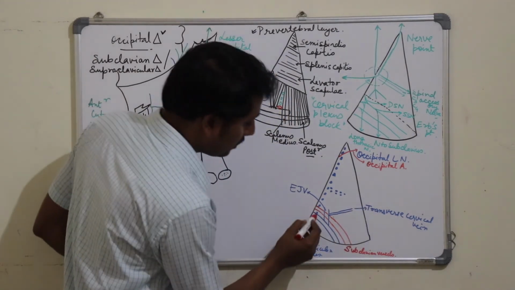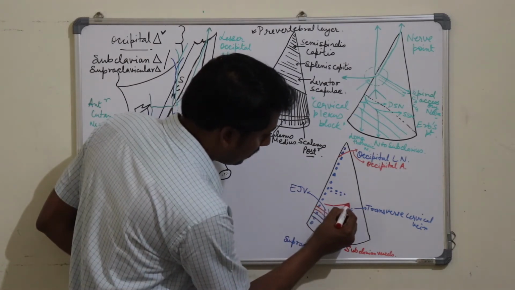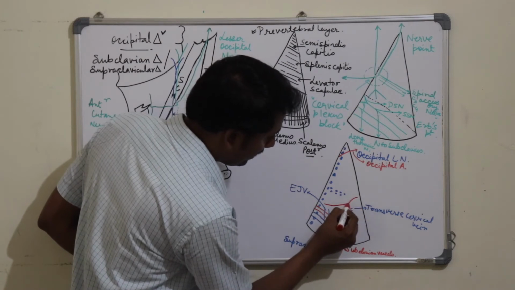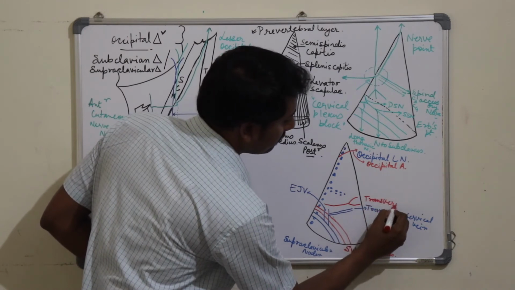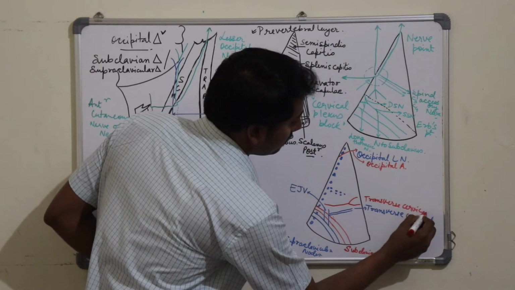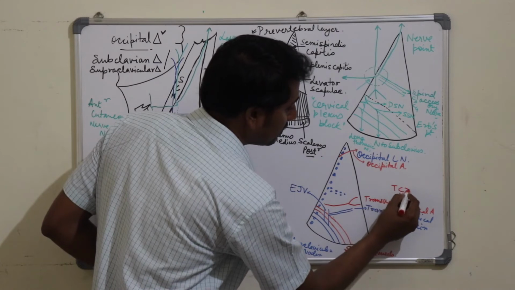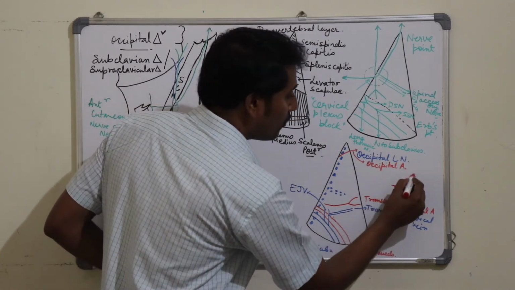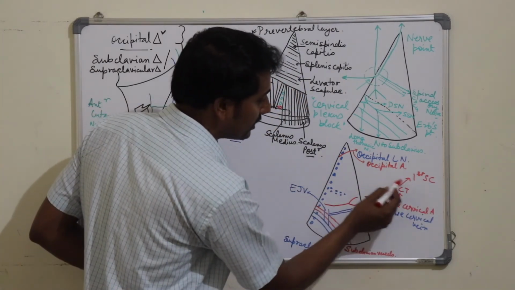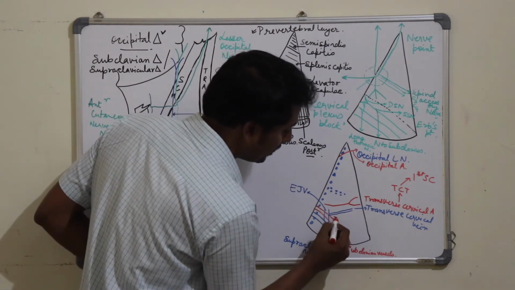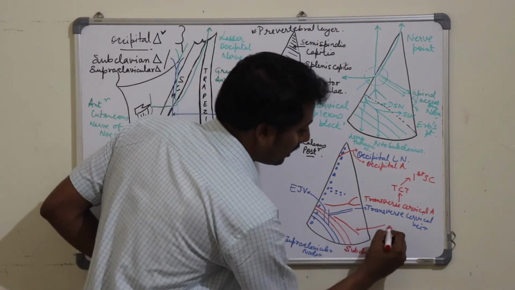Now the arteries. The first artery was the subclavian artery. The second artery is the transverse cervical artery, which is getting divided into a superficial and a deep branch. This was the transverse cervical artery. This transverse cervical artery is a branch from the thyrocervical trunk, which was the branch of the first part of the subclavian artery. Another branch of this thyrocervical trunk present in the posterior triangle is known as the suprascapular artery. So this was the suprascapular artery.